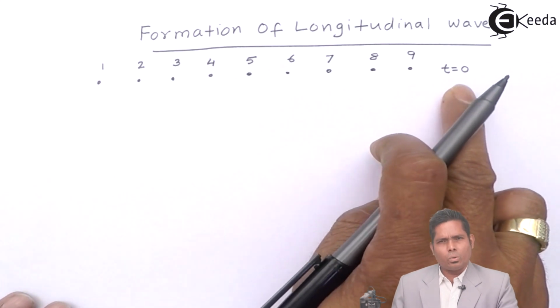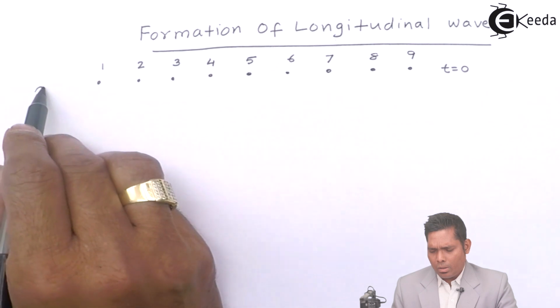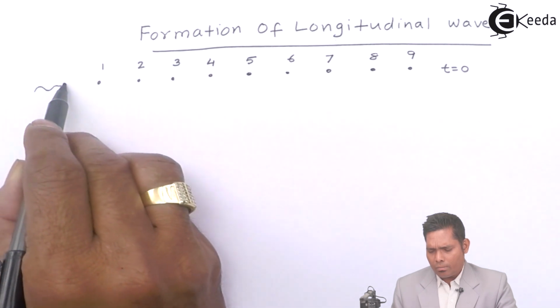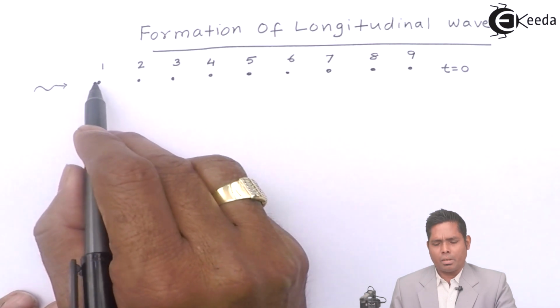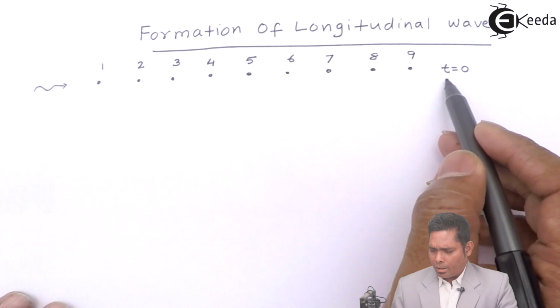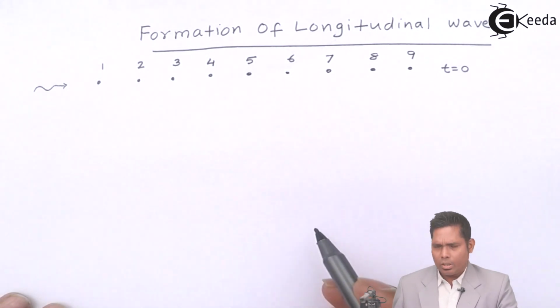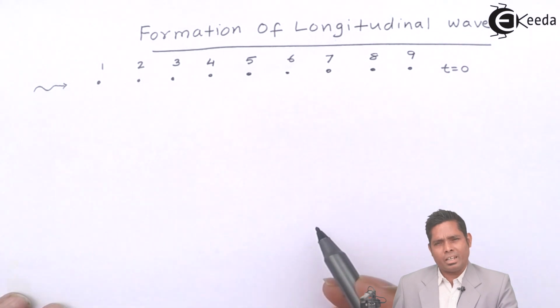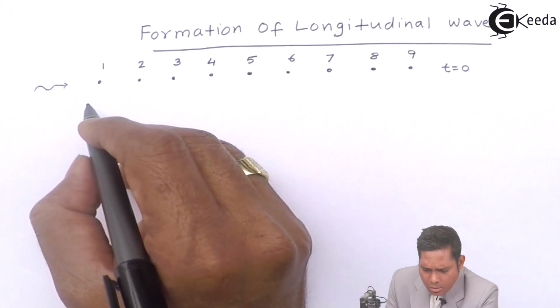At time t equals 0, this particle is just about to receive the longitudinal wave. Then what will happen in the consequent time interval of T by 8, where T is the time period of oscillation of each particle? So I will first draw the